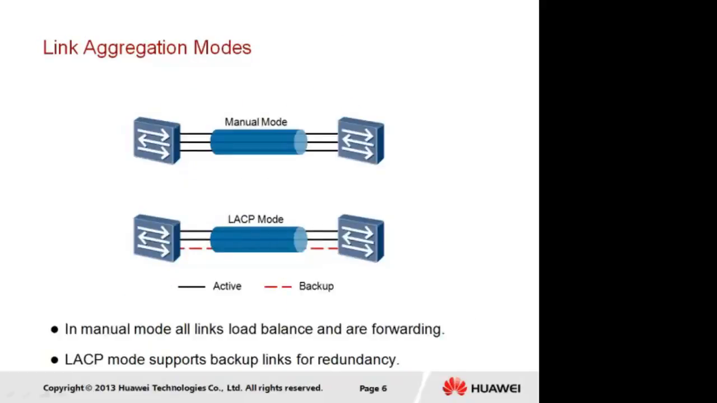The implementation of link aggregation supports two modes. These are understood as manual mode and LACP mode. As the name suggests, the manual mode allows for port interfaces to be manually associated with an Ethernet trunk. These port interfaces are known as member interfaces and will operate as a single logical interface as part of a link aggregation group. These member interfaces will be set to operate in a forwarding state and will perform load balancing